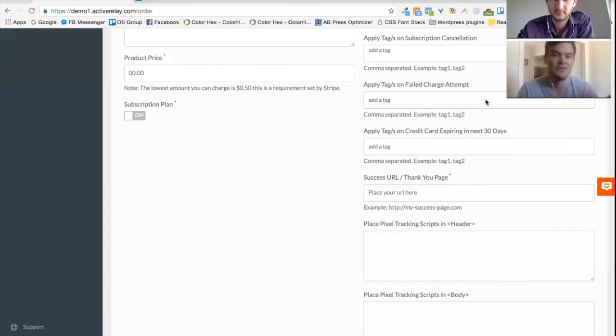So that's a huge aspect in the membership space: failed credit cards because of payments. Most of the time it's just insufficient funds in the account. That's why we've gone ahead and built out that internal process, so you don't even have to worry about it just yet. If you are going to use this for a membership style platform, this is great, where you can actually suspend a user account. You can go payment not made, suspend user account and restrict their access to the platform, which is quite cool. The final tag capability is applying a tag on a credit card that's going to expire next